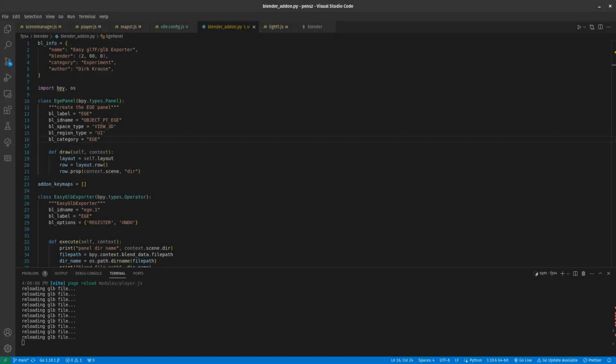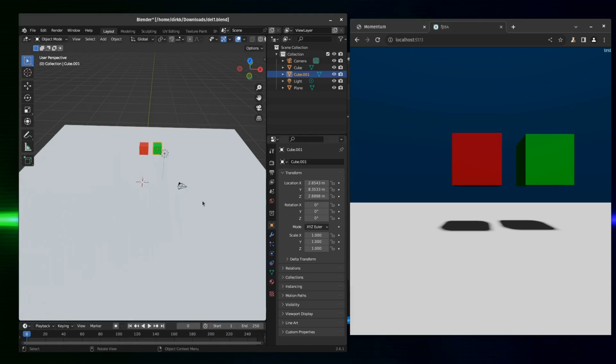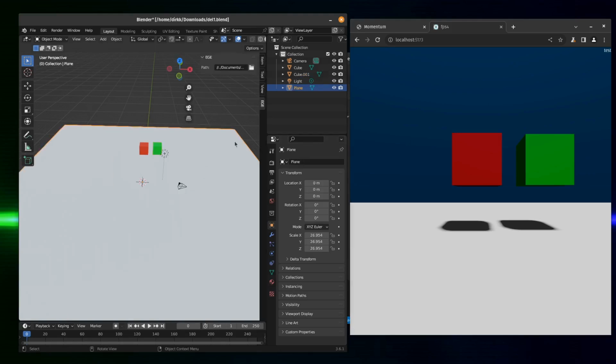I always wondered how Blender add-ons work, and to be honest, I still don't really know, but I got something that works. So on the left side, there's a Blender instance 4 actually with the add-on. On the right side, there's a little 3JS game prototype with a Node.js live server, which reloads every time something